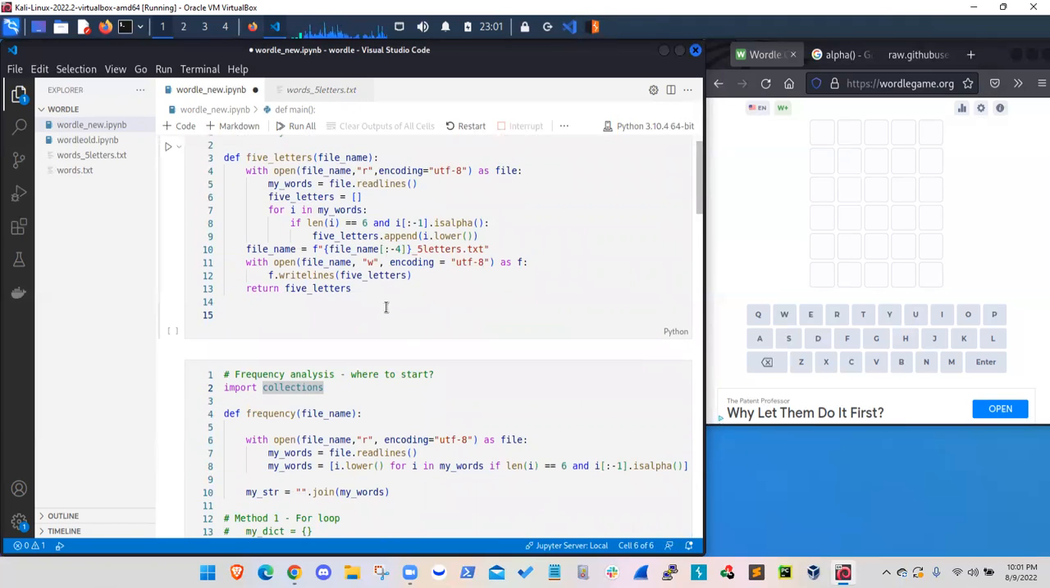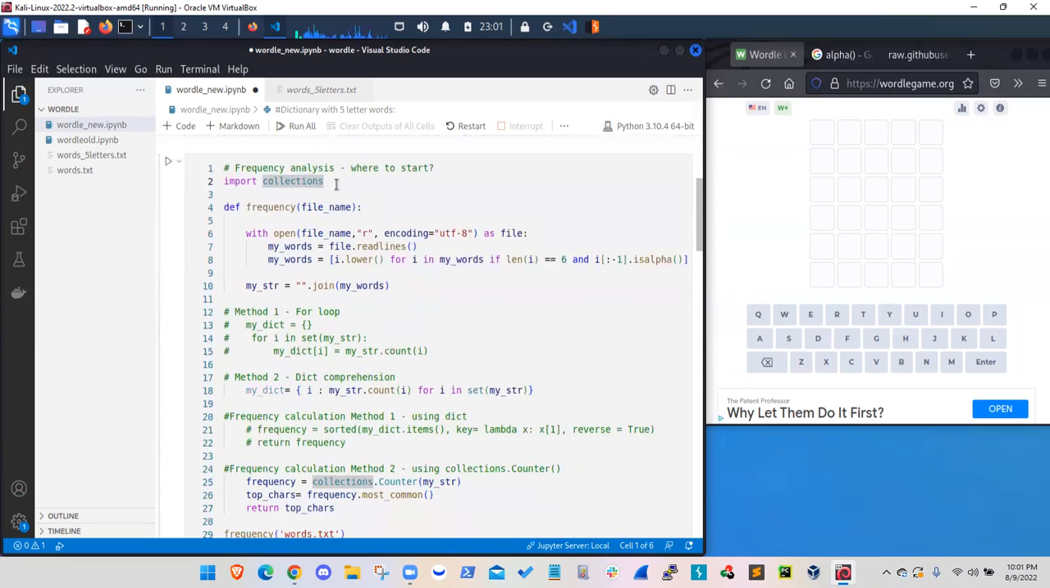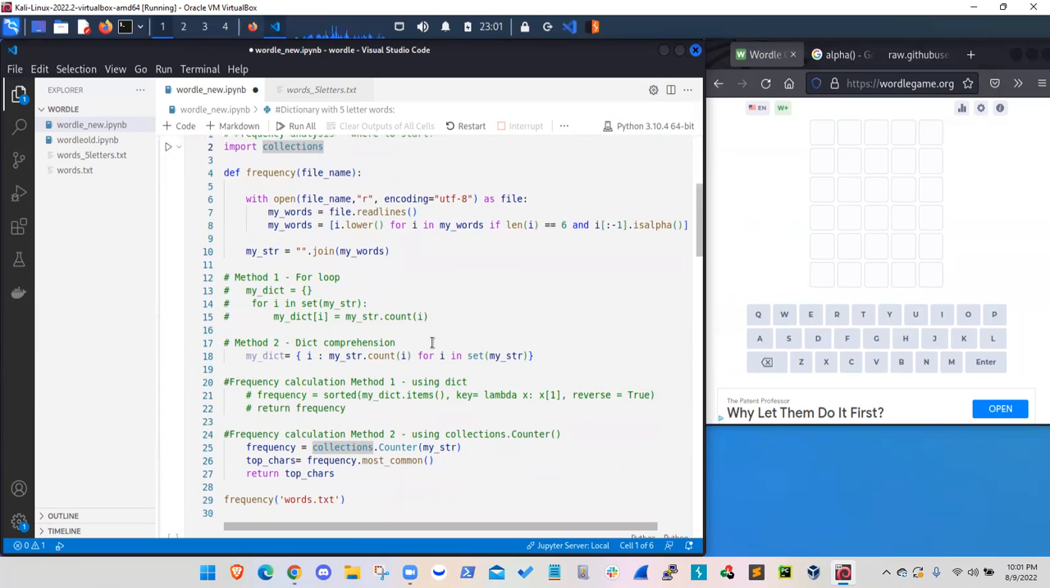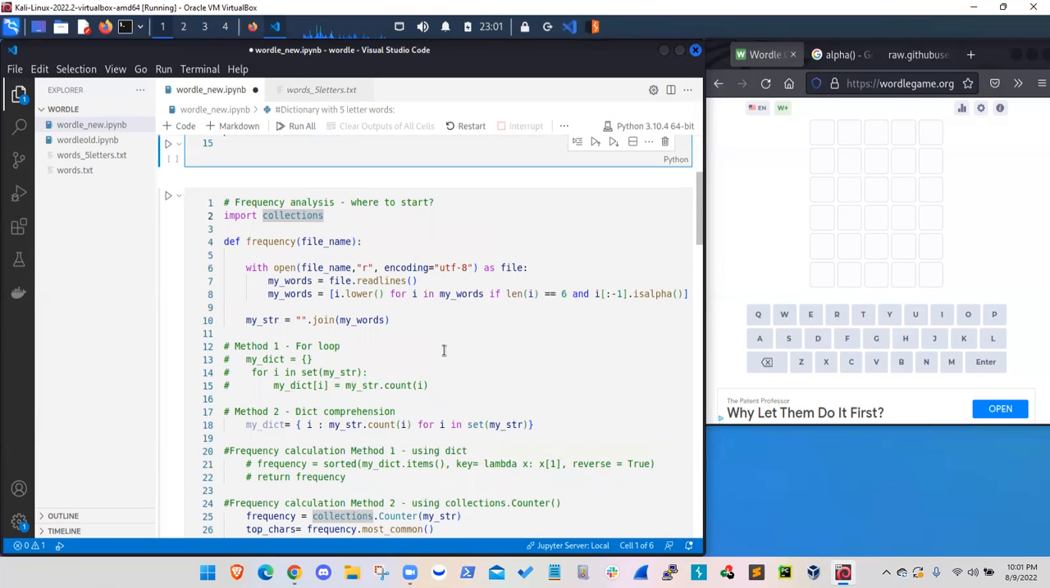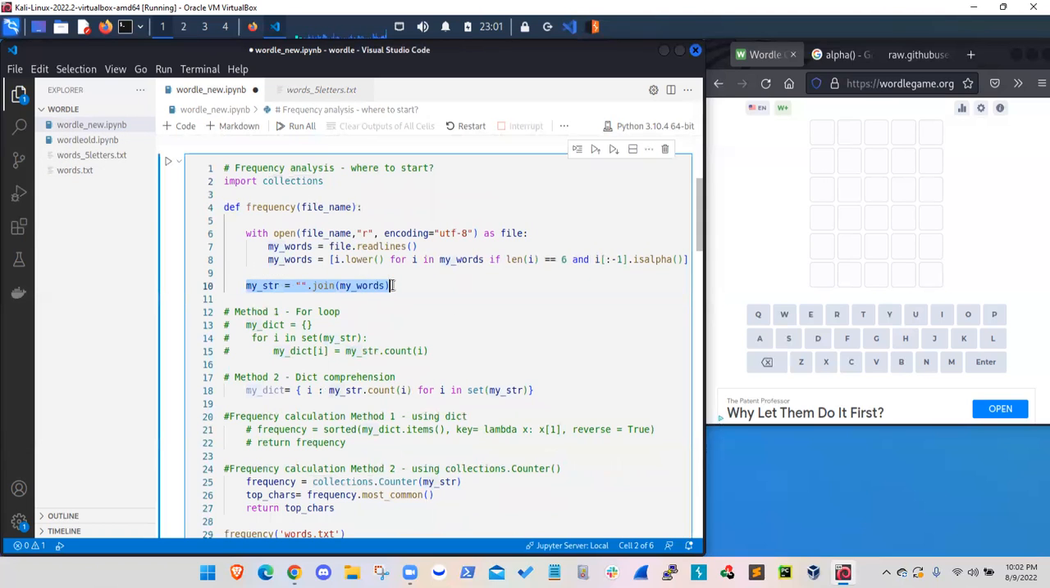Now, once I have the dictionary ready, the next thing I wanted to look at is where to start. So which words should I start with? To do that, I perform frequency analysis. So I basically call the dictionary, the words library, let's call it, and then made a large string by joining the individual words, and